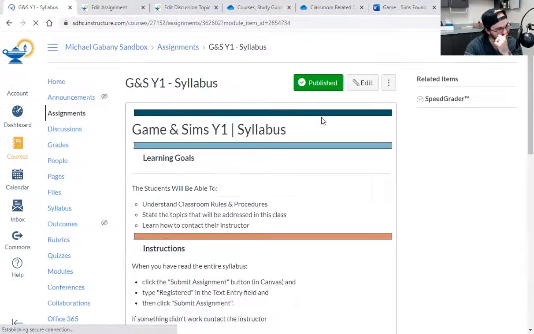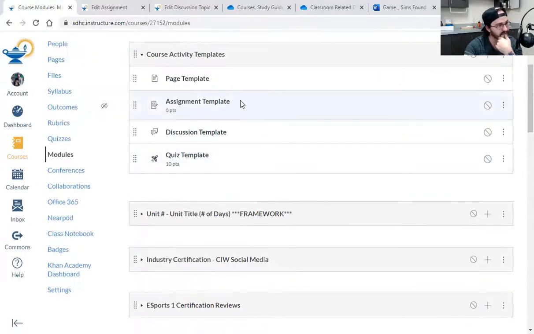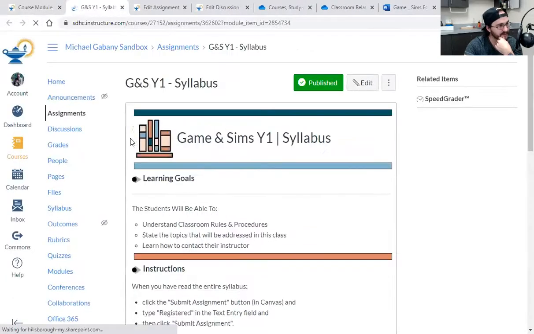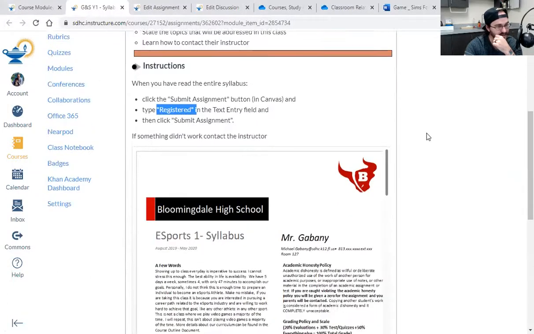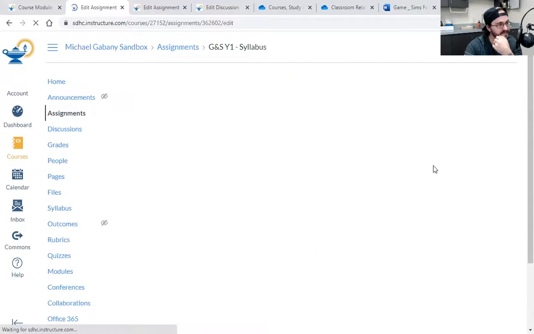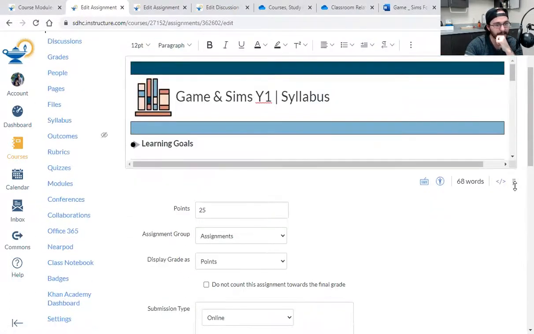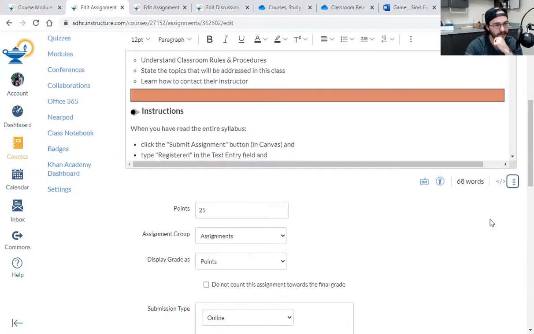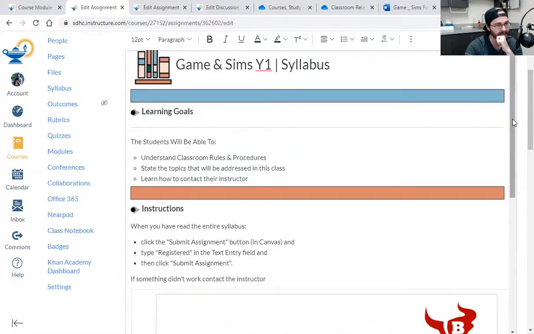I'm going to go back and re-edit that assignment because I totally forgot to change my expectation for the kids. Remember, I like to right click, open a new tab. I got to change that. You ready for the craziness? I clicked edit. I'm just going to expand the page. I'm clicking and holding down, by the way. I click, drag down, make it bigger.